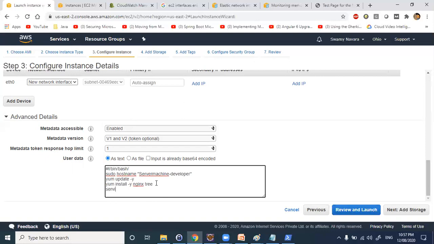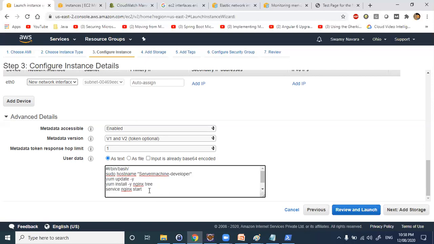So then you can start the service of this Nginx server, right? In Nginx, Nginx start. Harish, do you have to put sudo? Not necessary, because we are using sudo here, right? Okay. Yeah, so not necessary. This is a welcome script which will be executed while creating the machine itself.